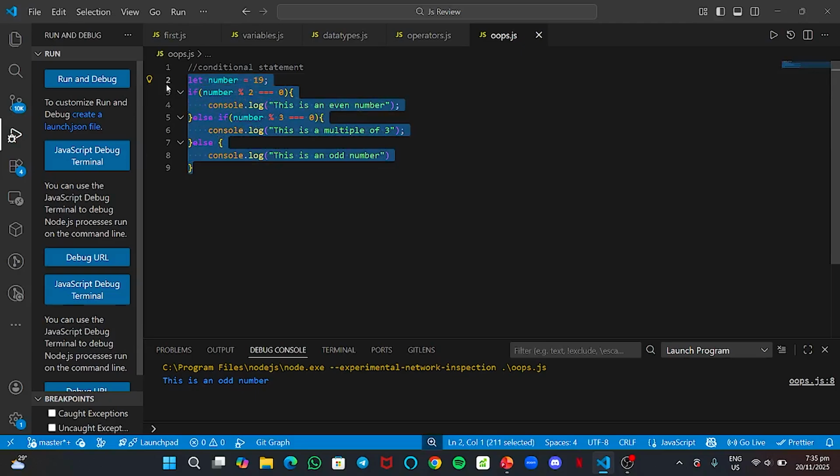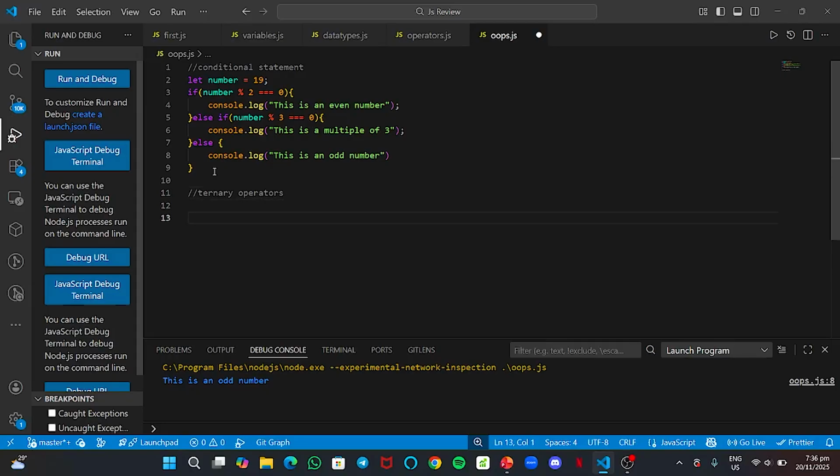So this is all about if else statements. Now we have something called a ternary operator. So it's just a simple way of writing a condition. Alright, so with the ternary operator, it's just a simple way. So to do that, let's say to make a simple form. So let's say age is equal to 20. So you first have to declare a variable, then you'd write if